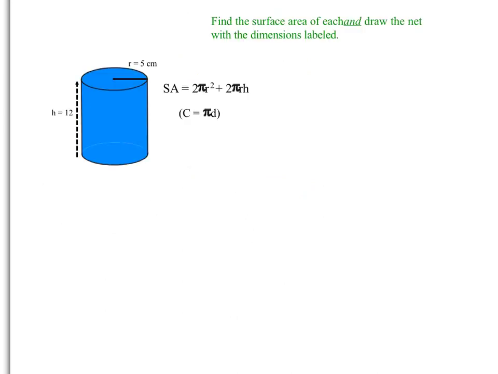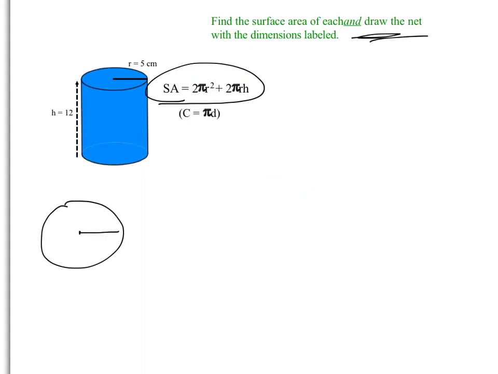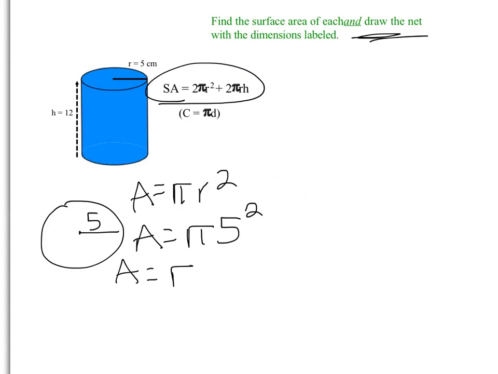Surface area, we can use a formula. This is a formula we can use. Or we can draw a net to kind of break it apart. So if we have two circles, let's find the area of a circle first. Pi times radius squared. Since our radius is 5 centimeters, let's do pi times 5 squared. So let's find the area of pi times 25. That's going to give me an area of